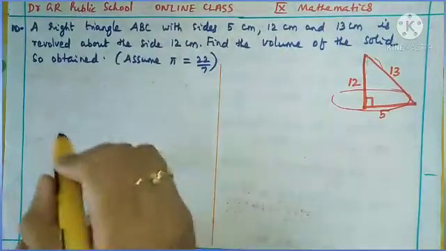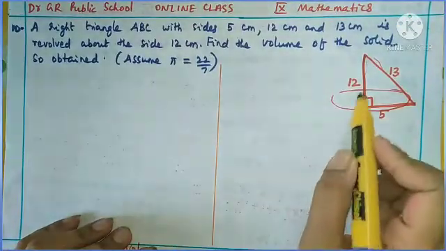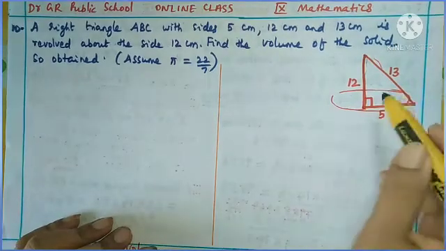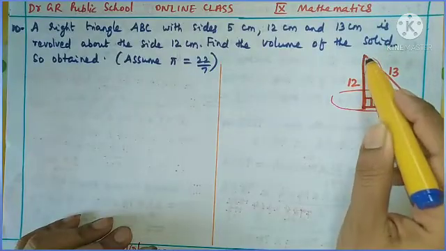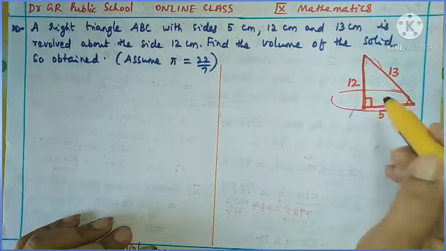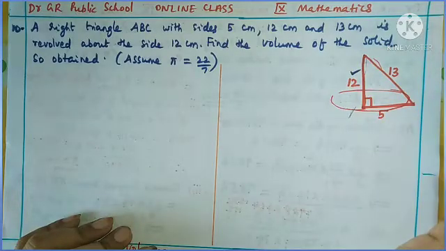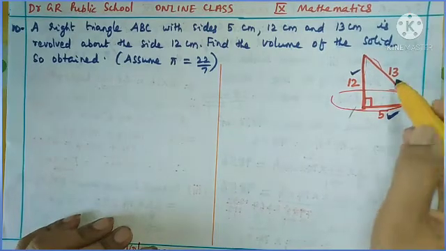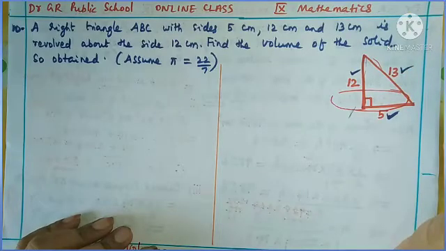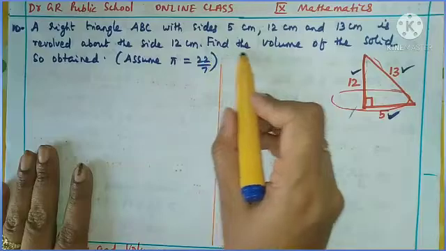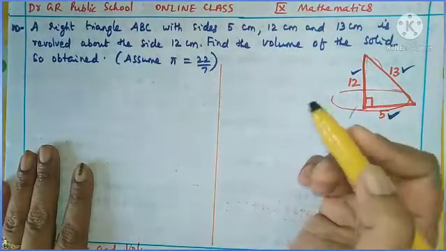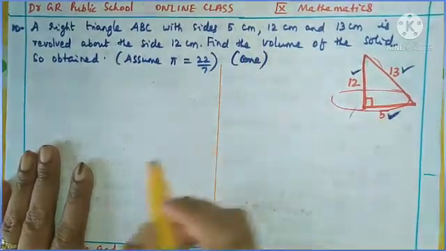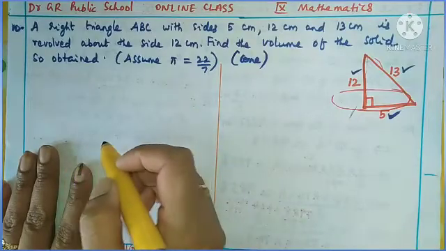Yes, dear students, isn't that an interesting video? You understood how a cone is formed by the revolving of a right angle triangle. Now we can be sure what the dimensions of the cone are. The height of the cone is 12 centimeter, the radius of the base is 5 centimeter and the slant height becomes 13 centimeter. Understood? In our question we need only the volume of the solid, and the solid is a cone. So use the volume of the cone formula and find the volume.